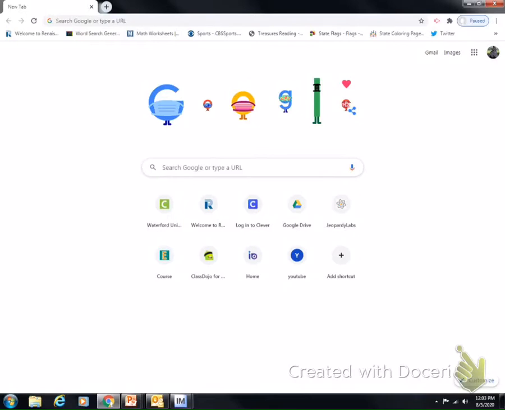Alright, so let's start by opening an account. You're going to want to go to your initial Google screen, just like you see on the screen, and go to the address bar. The address bar is located up on top, right up here where it says search Google or type a URL. That's the address bar. And in the address bar, you're going to want to type in